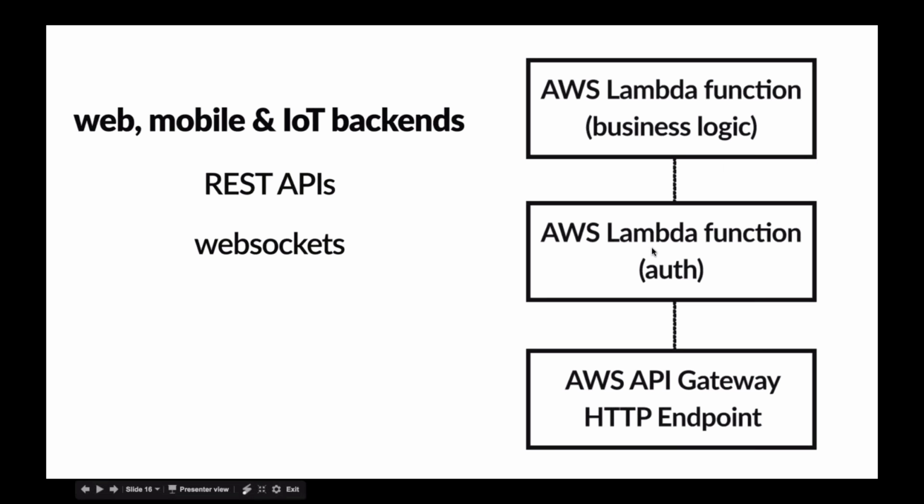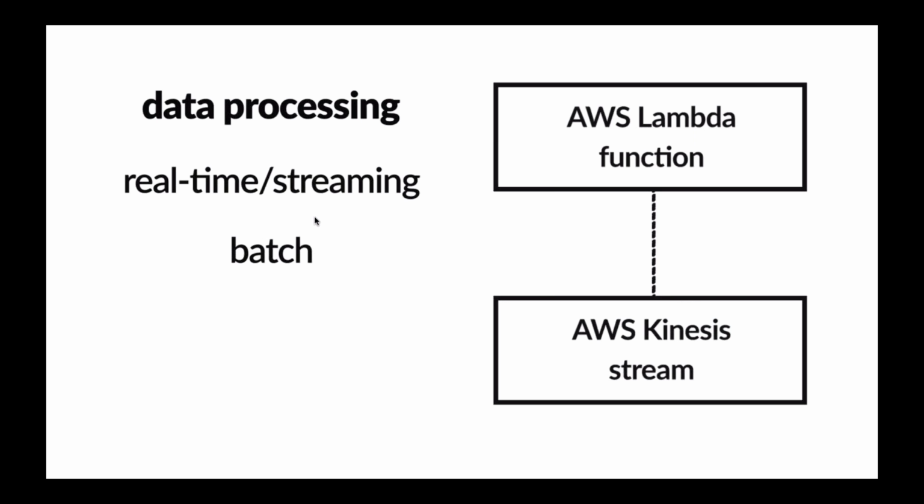You could put another Lambda function in front of that, actually, which does all of your authorization logic. A lot of people think this is a big revolution of serverless, just how easy it is to put a Lambda function to do auth in front of all types of other stuff. So you could actually set this up to be in front of a Docker container or something like that, or any other service. But then in front of that, you could put an HTTP endpoint really easily via the framework and Amazon's API Gateway service. And this basically works like this. The request comes in, one Lambda function fires to do auth logic, the second Lambda function then handles the business logic. So this is our biggest use case.